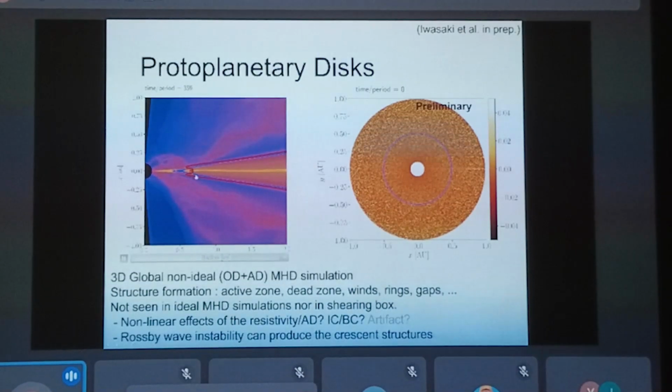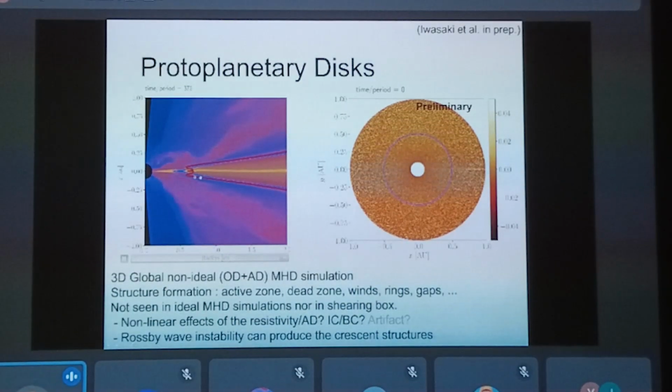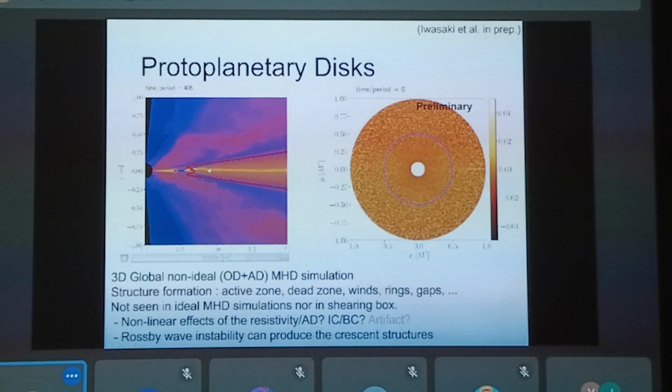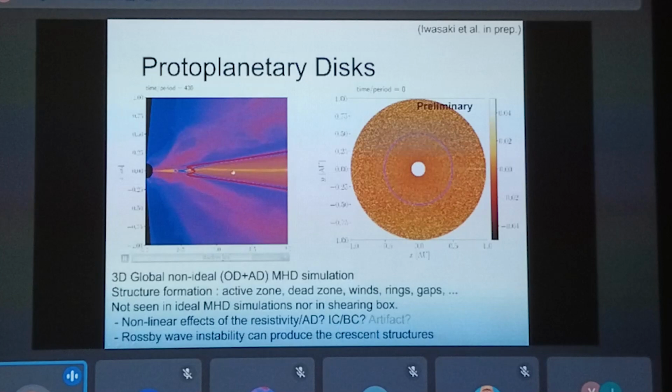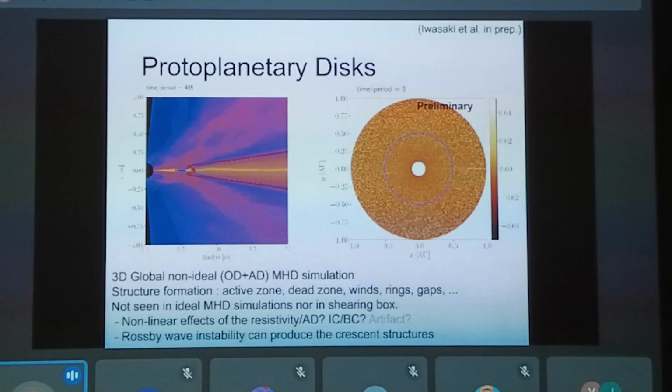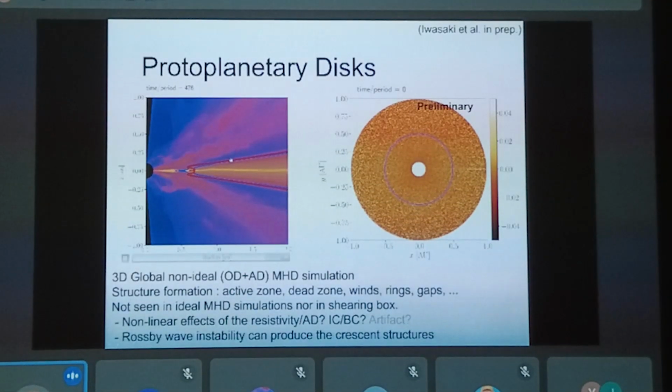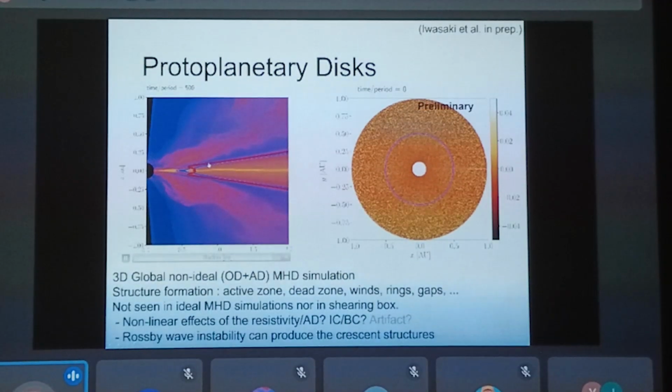But as we go outside, this blue region is dead due to ambipolar diffusion, and this red region is dead due to ohmic dissipation. As you see here, these dead regions are more or less laminar. In this case, in the mid plane, the accretion doesn't happen so strongly because it is dead and the magnetic stress is not very strong. However, near the surface, the gas can still accrete because the surface layer is still coupled, and the large-scale magnetic fields can transport the angular momentum.